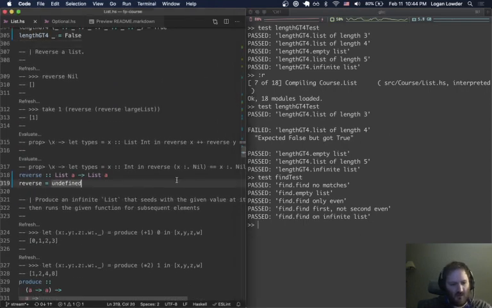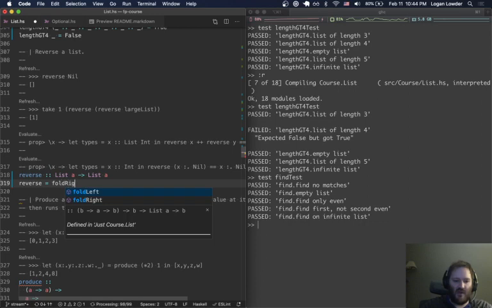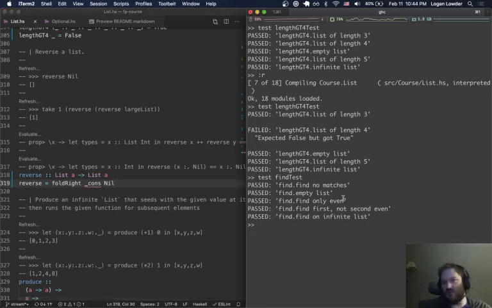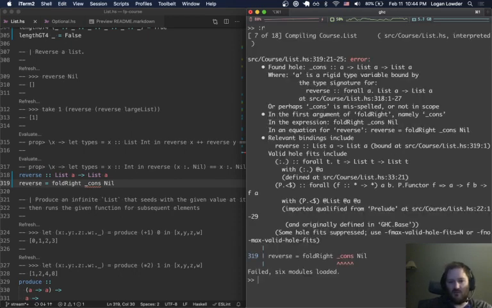Reverse, here we go. We got fold right, cons, and nil is our empty case. If we reverse an empty list, cons,